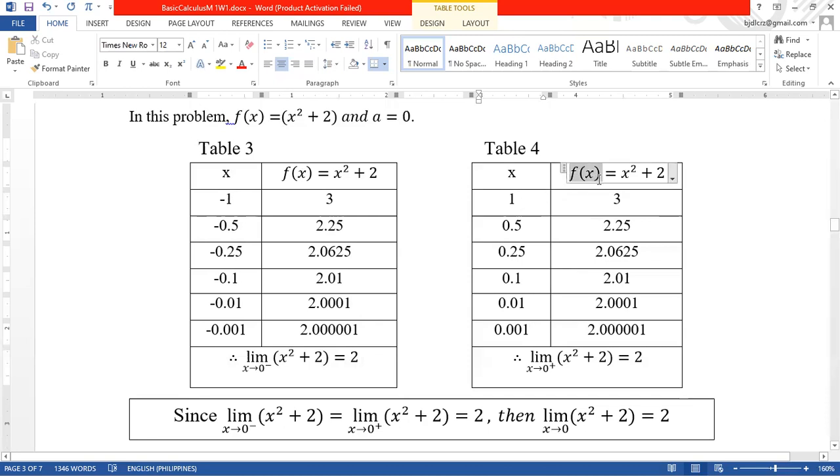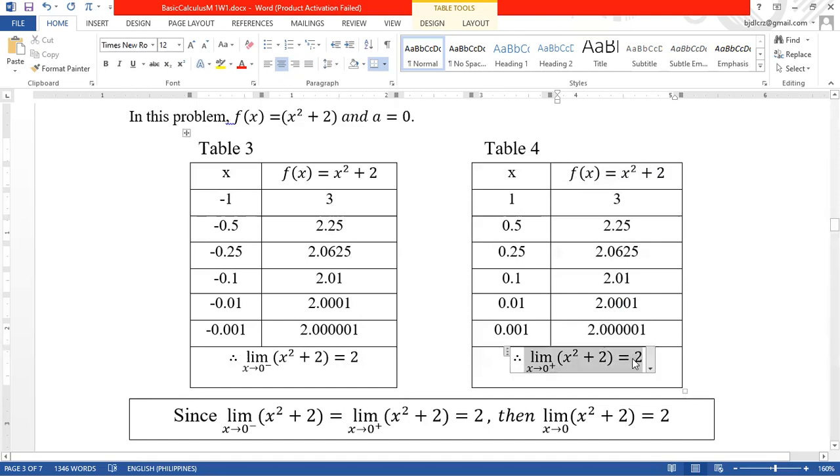So, f of x is equal to x squared plus 2. Substitute the value of 1. 1 squared, 1 plus 2, 3, and so on. And we have here that it is approaching 2. It's not exactly 2, but it is approaching 2. So we can conclude that the limit of x squared plus 2 as x approaches 0 from the right